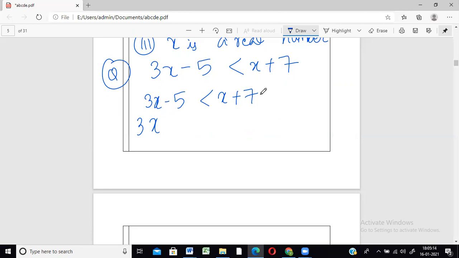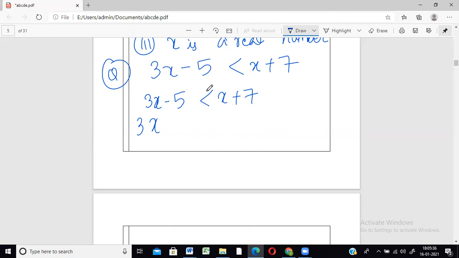Whenever we add, we sometimes do dividing throughout by x. That time you always divide the left hand side by x, so you always divide the right hand side with x also. We sometimes do multiplying throughout by 3. So whenever you multiply the left hand side with 3, you always multiply the right hand side also with 3. So when you're adding